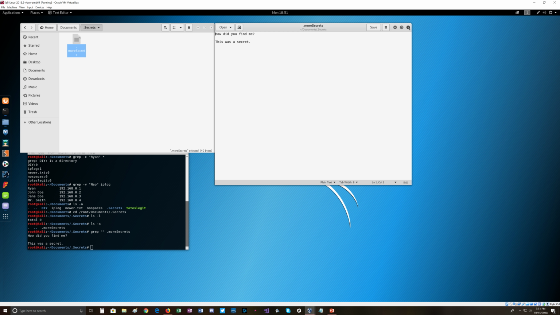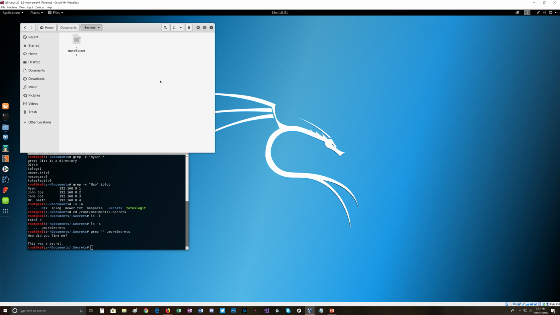So anyway, those are just a few of the commands you can use for grep or for finding folders. But go ahead and try to work with some of the other